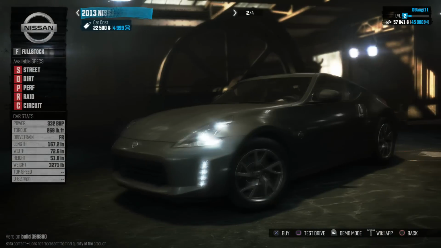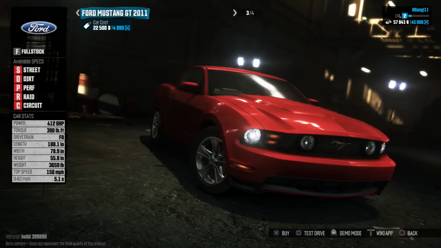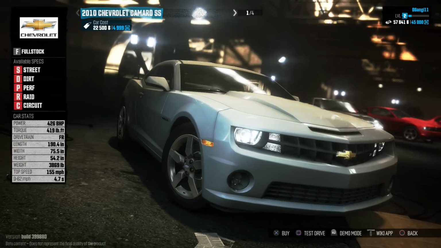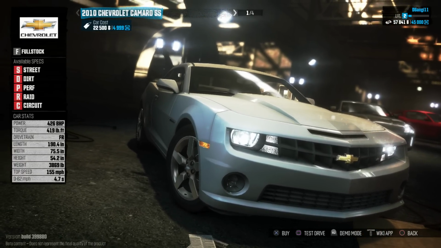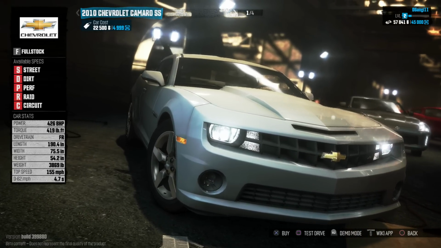All right, it's got the 2010 Camaro, 2013 370Z, Ford Mustang. If you watch the show, you know which I'm going to take here. The Camaro. I don't need to test drive anything. Actually, let's check their stats here. So I got...